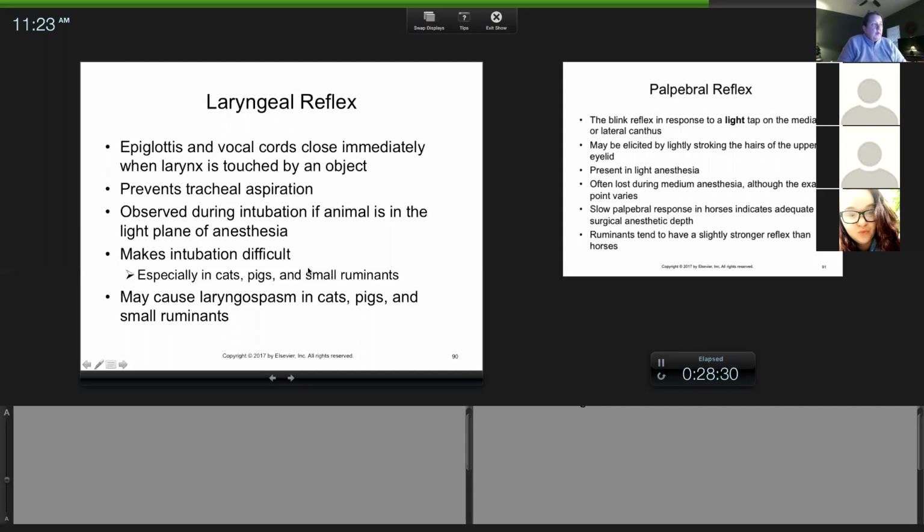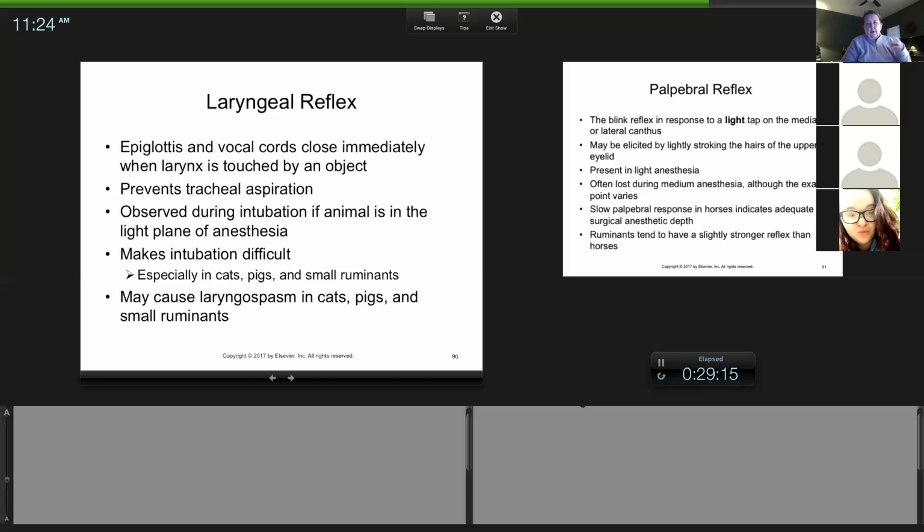Now, there are animals that have a very sensitive laryngeal reflex, particularly cats and pigs, sometimes calves and goats. But I do want you to know the cats and pigs are prone to what's called laryngospasm. Even during light anesthesia, sometimes cats that are sensitive, if you touch the epiglottis, sometimes they'll close their larynx, it'll spasm shut, sometimes to the point they won't breathe and they will turn blue. Sometimes I can rub the throat, sometimes I can squeeze their chest and try to force air out. But if anybody has seen in a clinic,